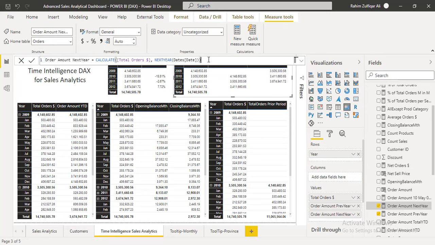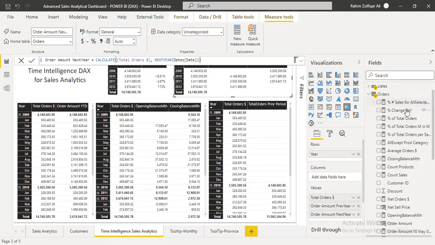Now this kind of flexibility is not available in Excel. In Excel you have a different approach, so don't come up with the same mindset of Excel when you compare it with the Power BI DAX. It's entirely different, right? And they are much more flexible. That's why they are called time intelligence, because they have the intelligence to adjust themselves. So once you create an explicit measure, you can just drag it and use it anywhere with different kind of fields, and that will adjust accordingly.